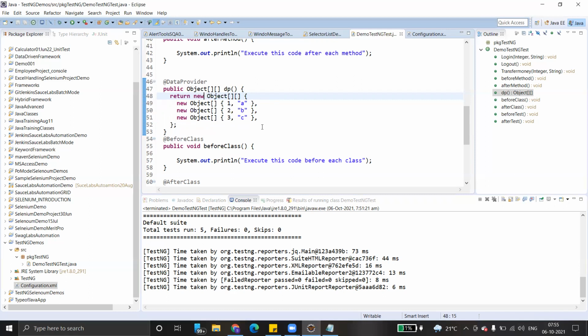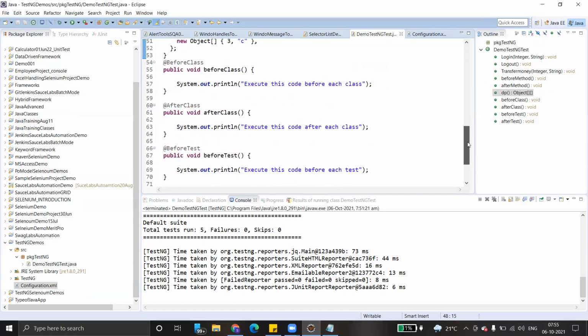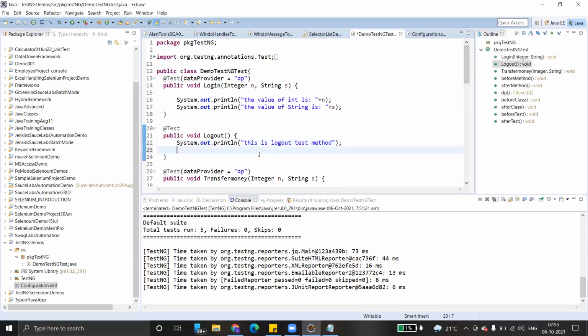So this is all about TestNG, how it looks like. Since you know Selenium, you have to add all the required Selenium jar files and put your implementation here. Inside each test method, you can add your Selenium logic. Let me know if you have any questions so I can explain once again.